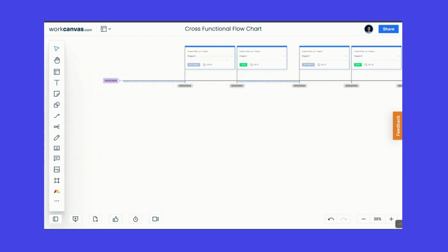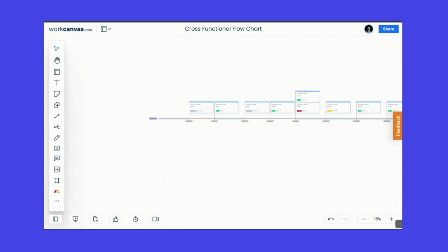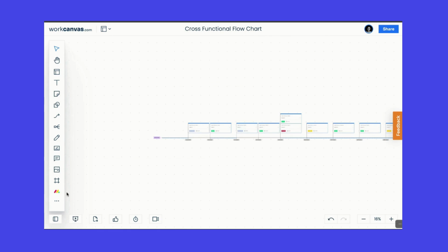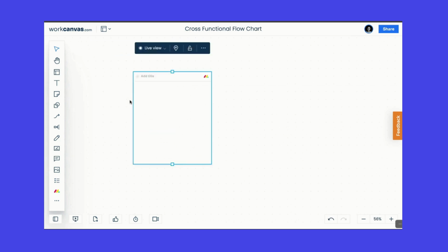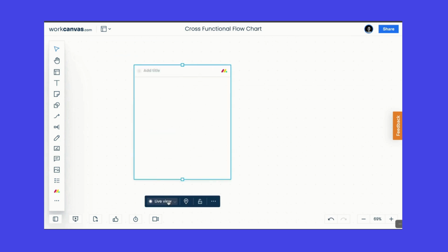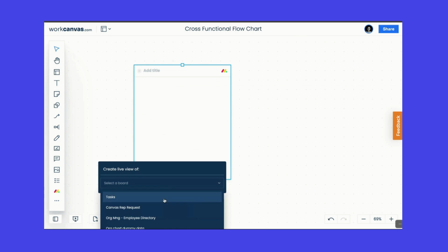And last but not least, before we finish up and we have last chances for questions, we also have a way to import items at scale from Monday. For this, we have the concept of a synced card stack. Okay, so we have card stack, we have a regular one and a synced one. Let's demonstrate what we can do here. So I'll place it here, and we have a synced card stack, which I can connect to any board that I want. So let's go here and